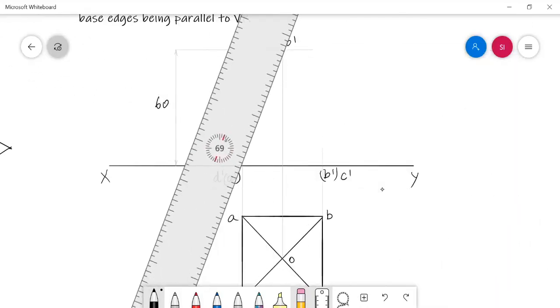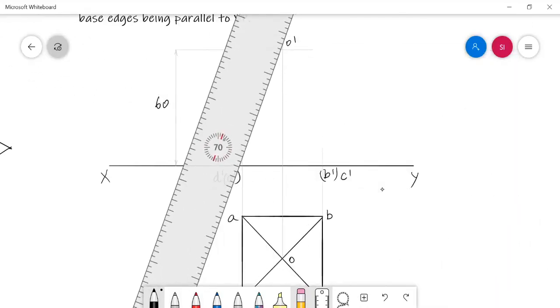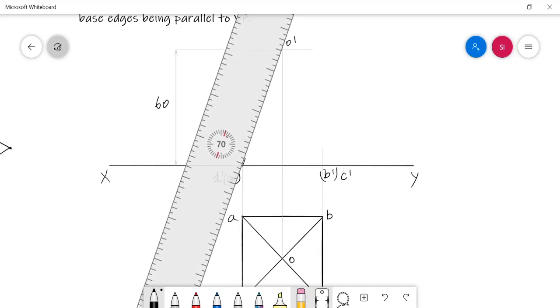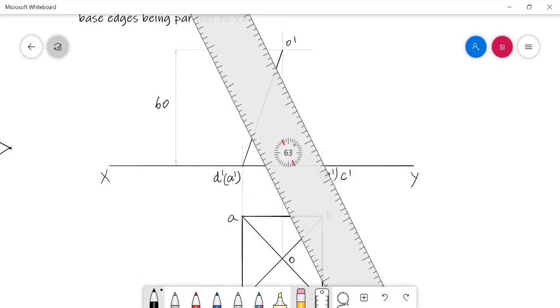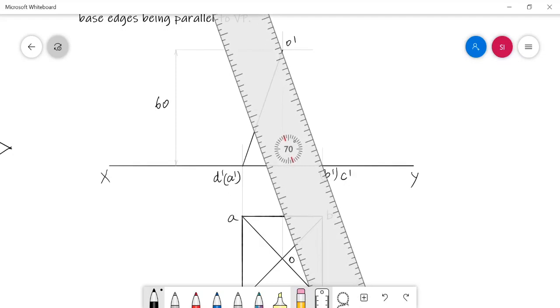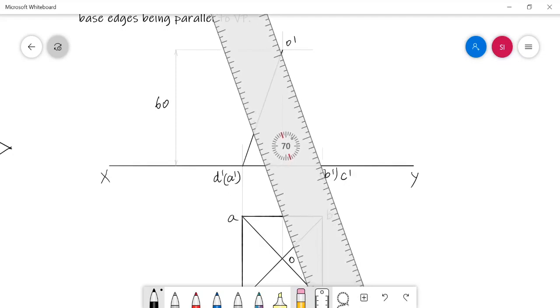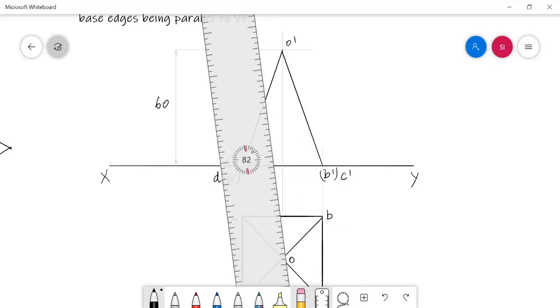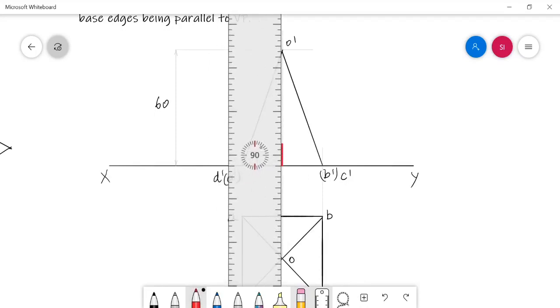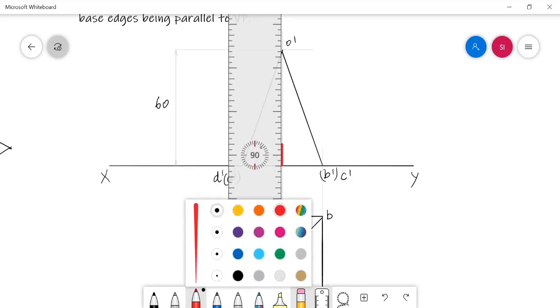Let me connect the slant edges of the solid. And in this condition we can show the axis also.